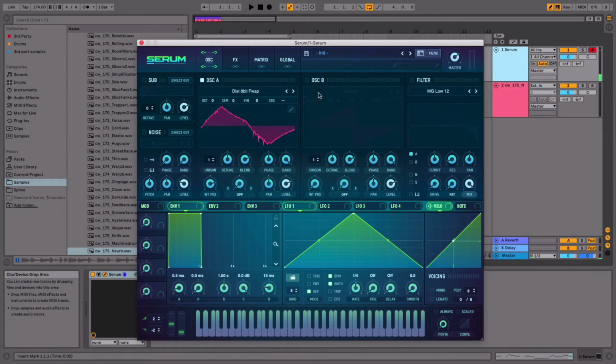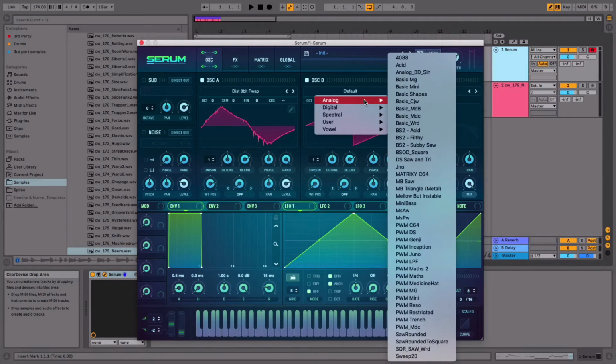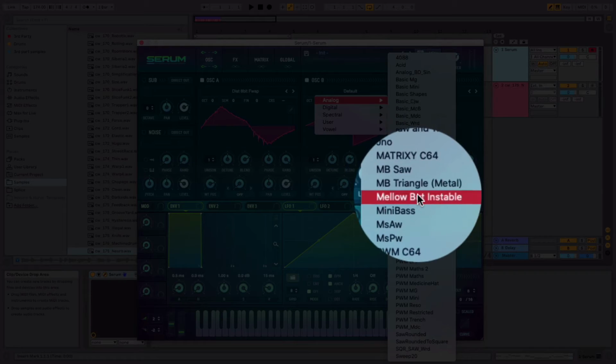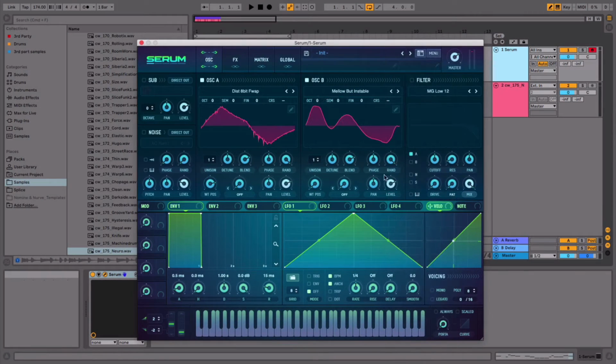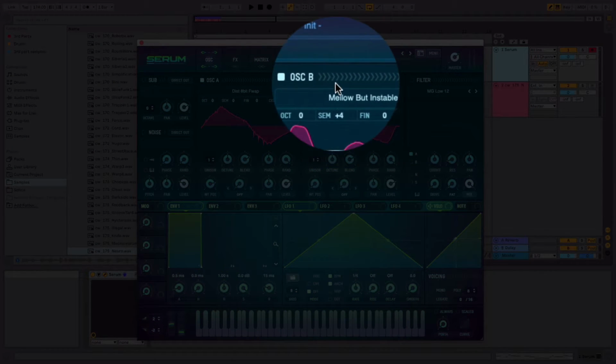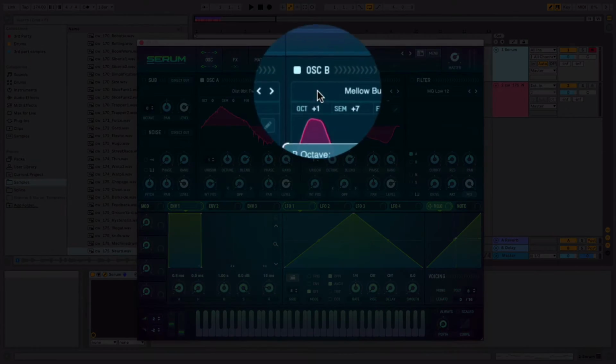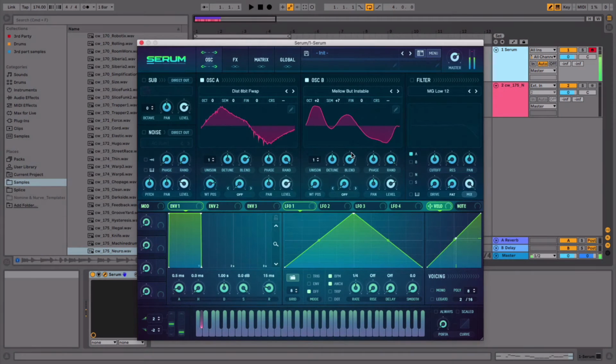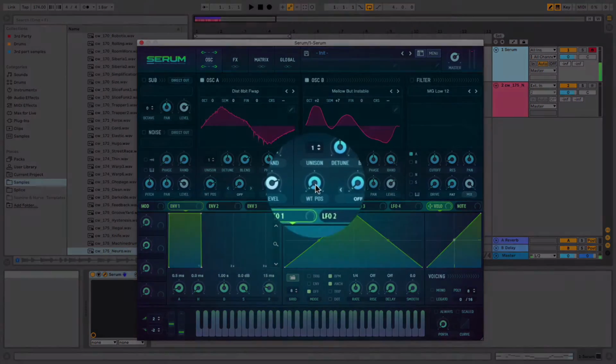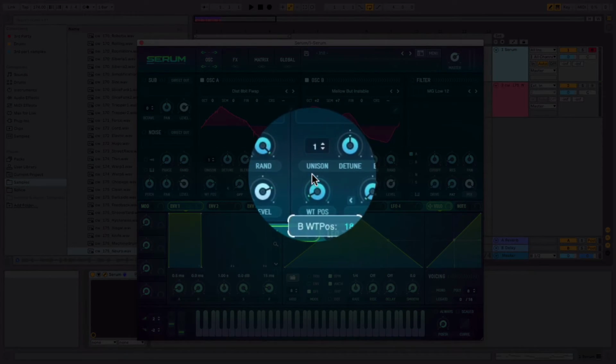Quite nice there. Then we're going to go to Oscillator B. I'm going to go to analog and select mellow but unstable. First thing we're going to do is bring the semitones up to 7, which will be a fifth. Then the octave is going to go up by 2. So we're just going to lower the volume level of Oscillator B and pull the wavetable position up